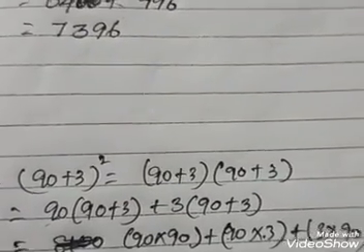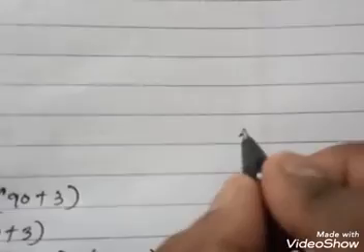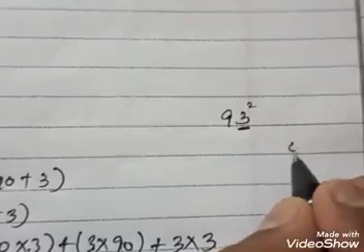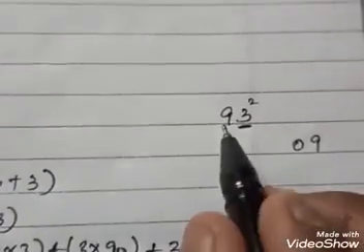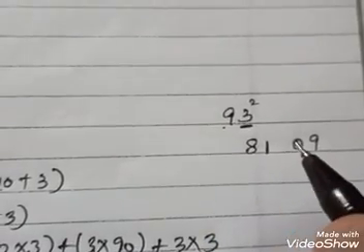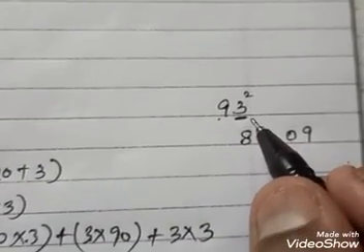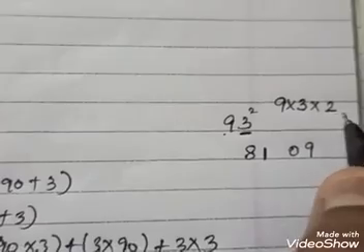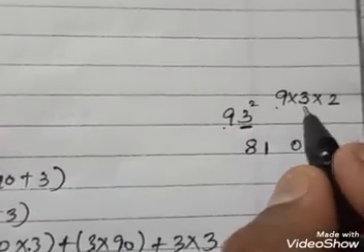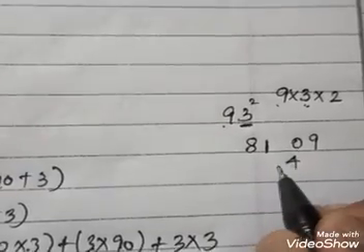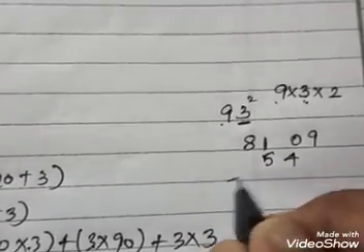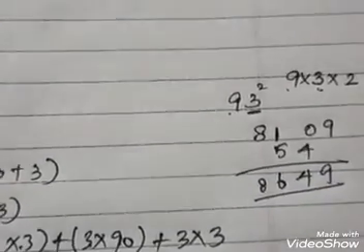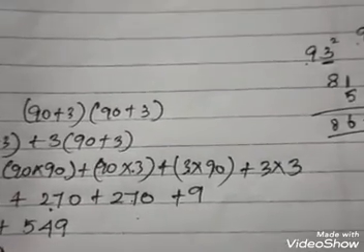So yesterday I told you to check with the shortcut method. That shortcut method is nothing but you take the ones digit, that is 3 square, 3 3s are 9. You write it in the double digit format, and 9 square means 9 9s are 81. And next you multiply the digits and double the digits. Double the digits means multiply with 2. So 9 3s are 27, 27 into 2, 54. So 54. You write like this: 8649, 8649.